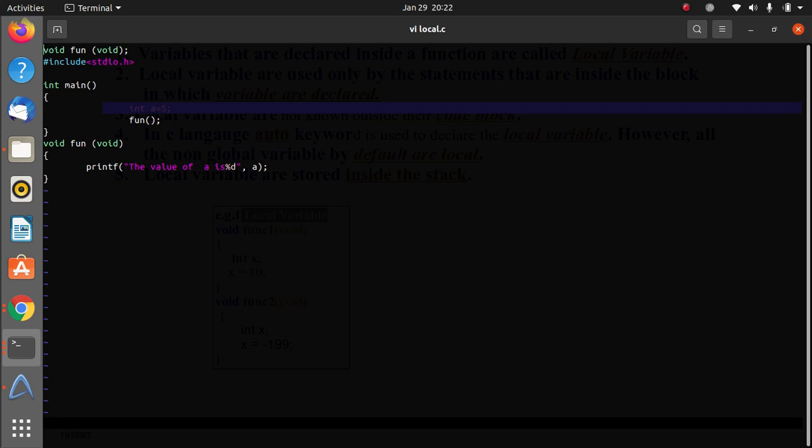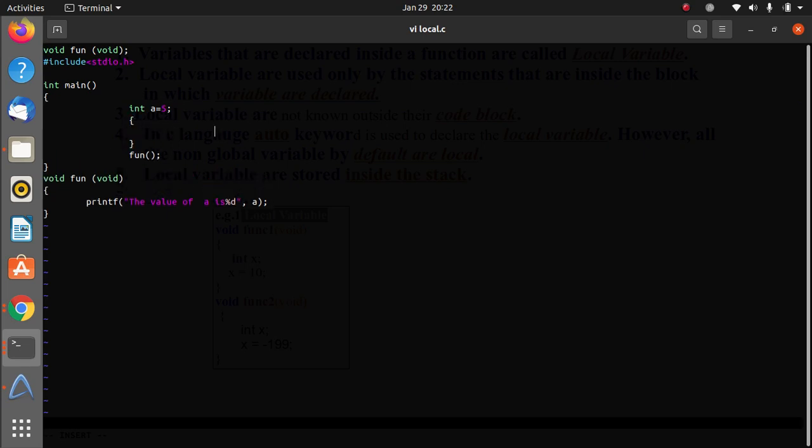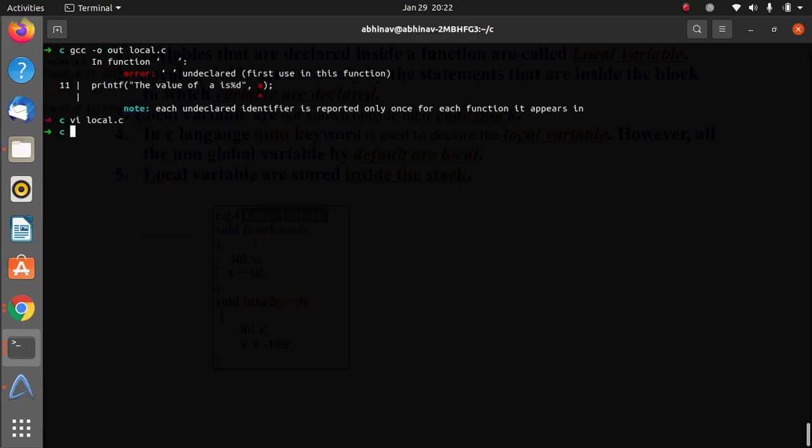Similarly, if I have declared one variable int b equal to 5 or 6, and we want to print that variable, will it work? Answer is no. Let's first clear it. We have to also declare here int a equal to some value. Let's take it. Now we are running, we have declared a new variable with the name b, but we